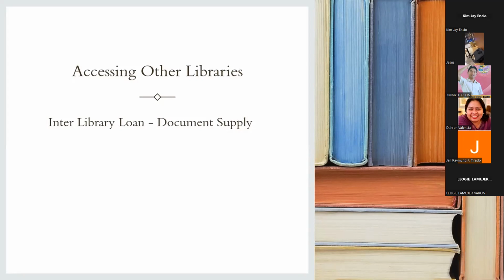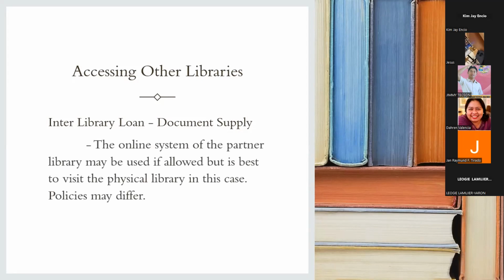You will be visiting their library and looking at the books physically. And although I'm not sure here in the Philippines or locally, but the others do